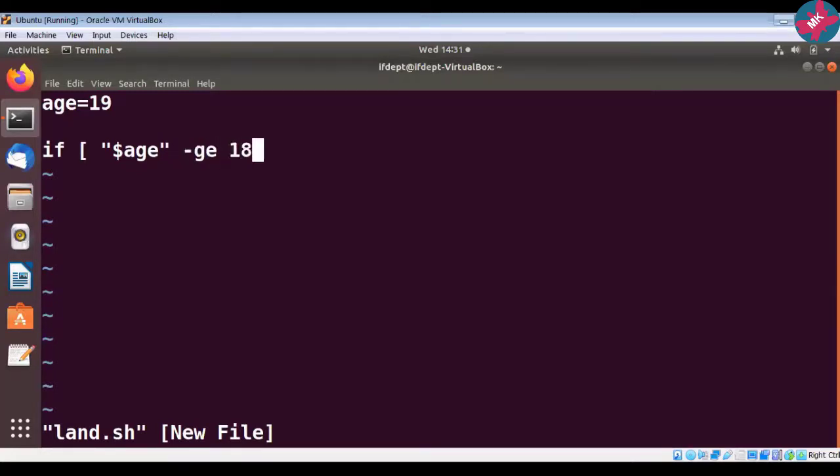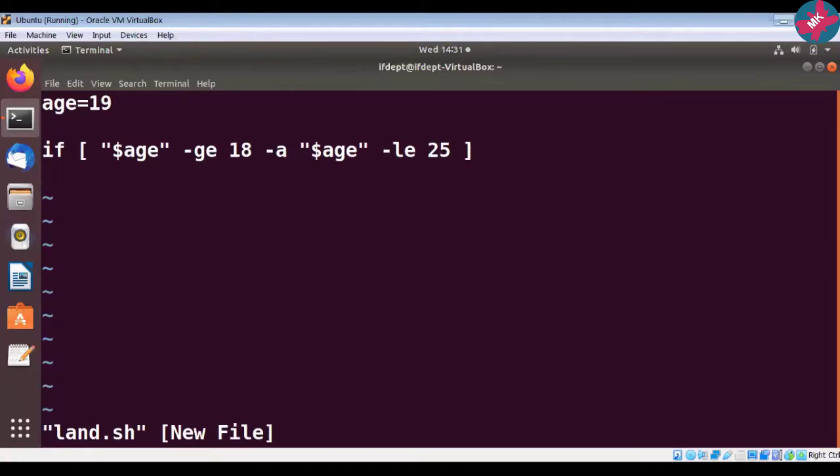So here I will write -ge 18, then space. Now like I have shown you on the slide, -a, that is logical AND, then space, double quotation, dollar age, then here I will put -le, less than or equal to, then 25. And then I will give space and close it with square bracket.